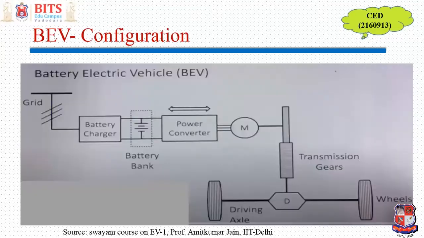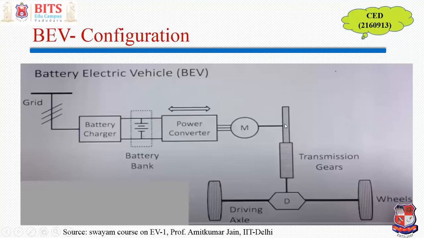So this is how a normal battery powered vehicle looks. There are many varieties, but a common configuration is in front of you on the screen. This is basically the battery, and this battery is powering this motor. At present, it is shown to be a 3-phase AC motor, and a converter is there so that it converts battery DC into appropriate voltage and frequency supply and runs this motor.